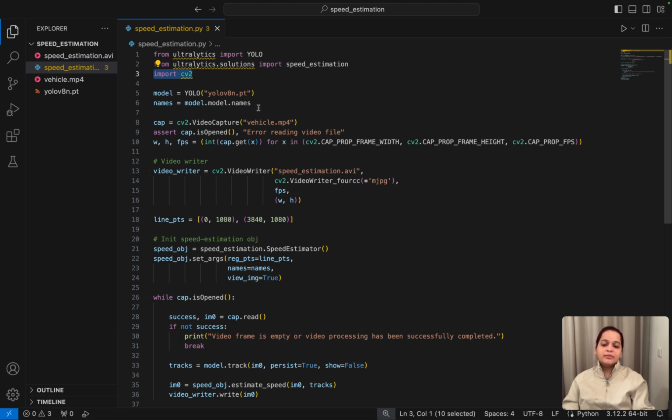Then comes the importing model. So when you have imported YOLO, you can just specify the name of the weight file. So right now I am just showing by importing yolov8n.pt. You can also write yolov9c.pt or any of the weight files, but please ensure that you do not use a very heavy model. Use a very lightweight model, because